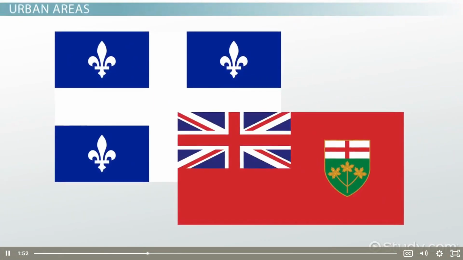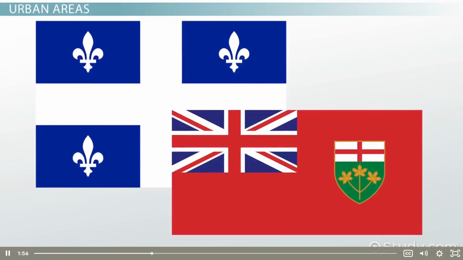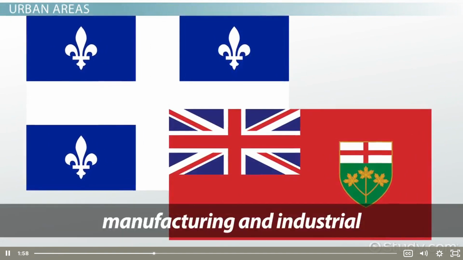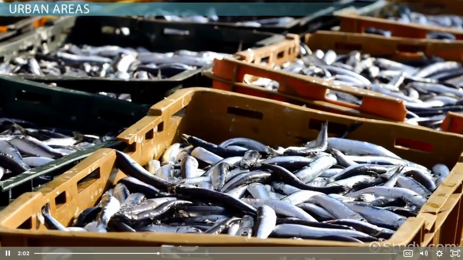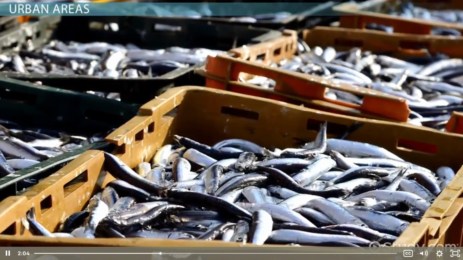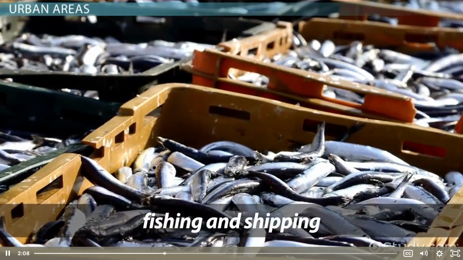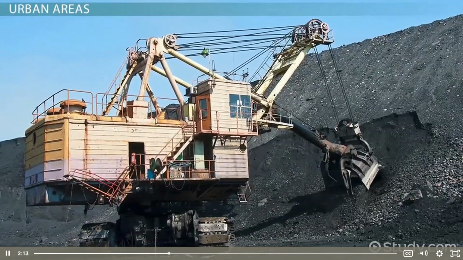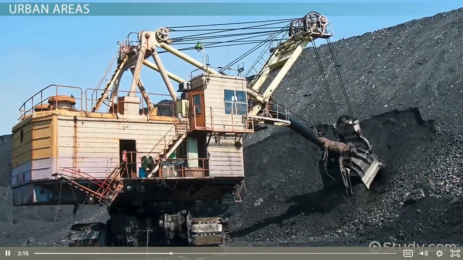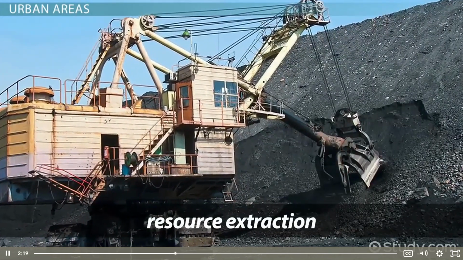It comes as little surprise that Canada's two most populous provinces, Ontario and Quebec, are also the country's manufacturing and industrial heartland. In eastern Canada, large urban areas like Halifax, Moncton, and so on tend to be on the coast, as most of eastern Canada's economy depends upon fishing and shipping. Urban areas in the interior of the country, when not centered on manufacturing, are centered on areas of resource extraction, such as the Alberta oil fields north of Edmonton.